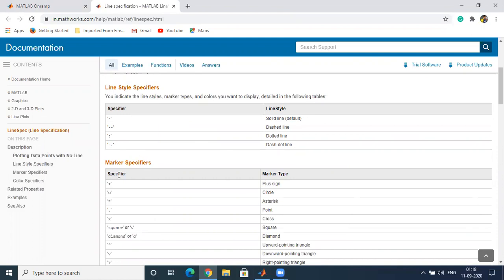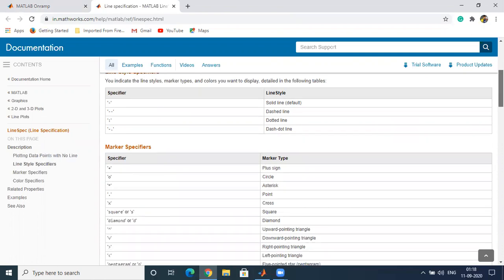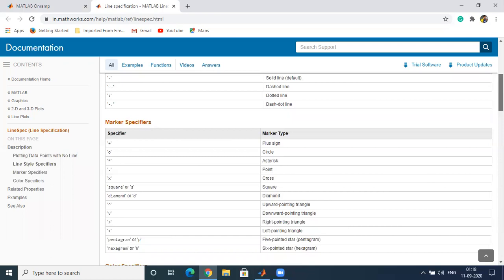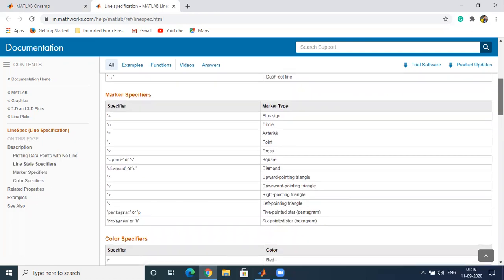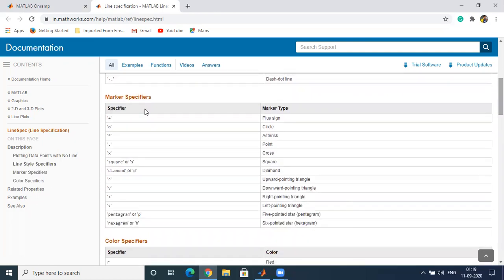There are markers which we can use here: the plus, circle, star, dot, cross, square, diamond, upward pointing triangle, backward, downward triangle, pentagonal, hexagonal. So these are the symbols that we have to use to get these types of marker.